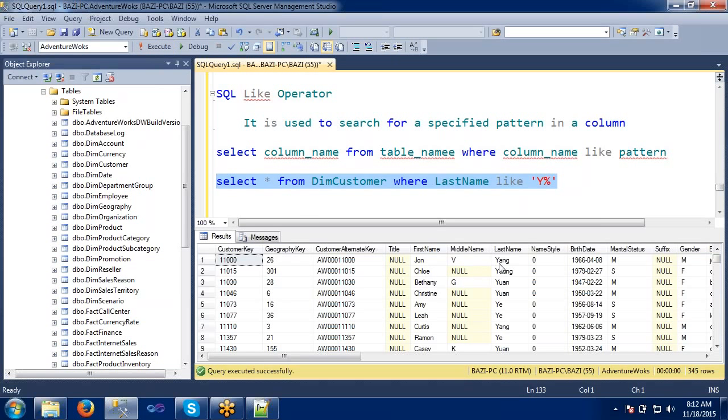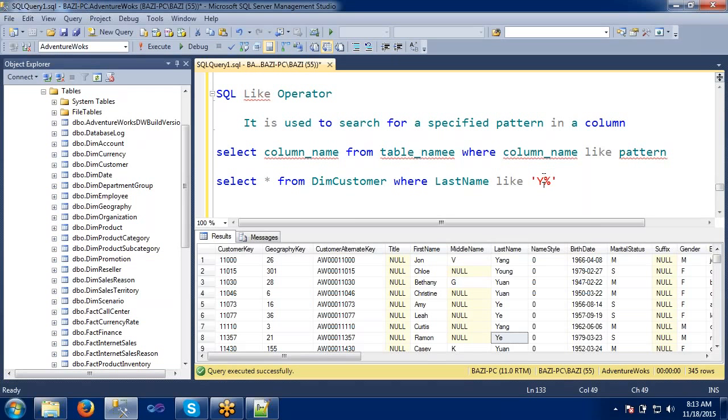See, if you look into the last name, everything is starting with Y. So I am giving Y percent, meaning the last names which start with Y, and percent means I only know the first letter. The rest has to be searched and the data filtered. This is how the like operator filters.